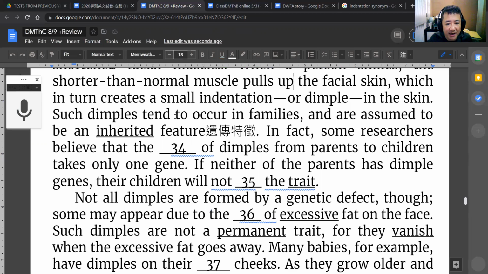Such dimples tend to occur in families. So if you have dimples, your mother has dimples, your father has dimples, then you have dimples, right? And are assumed to be inherited, 遗传, right? And an inherited feature, 遗传的特征, right? Yes. So if your parents have dimples, then you also have dimples, right? In fact,